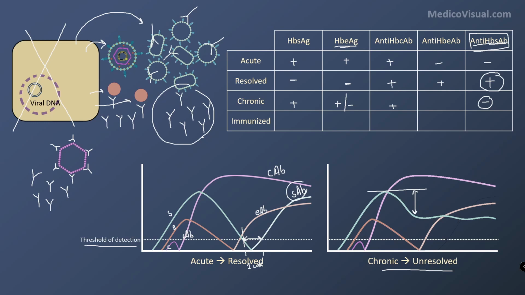So E antibodies will be positive. So again, not this, this one. Let's move this. So E antibody and E antigen, they may or may not be present. If E antigen is present, E antibody will not be there, and if E antigen is not present, then E antibody will be there. So if E antigen is present, it means the virus is actively replicating, it means